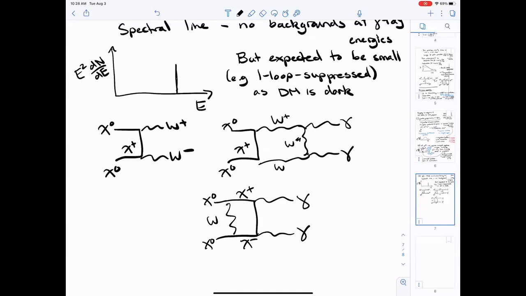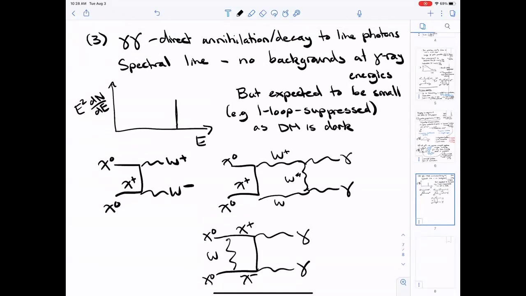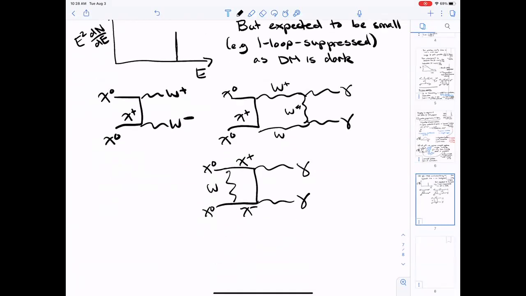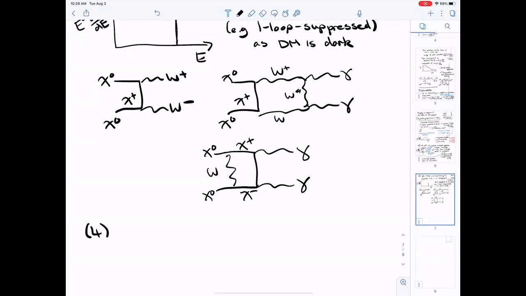There are other models. If the dark matter is millicharged, then it'll have direct annihilations into photons. They'll just be suppressed by the small millicharge of the dark matter, which usually needs to be a pretty small number to not be ruled out. But you just need to talk to something charged at some point. There was a claimed signal back in 2012 of a gamma ray line from the center of the galaxy, which had quite a big cross section. For that, you basically needed new charged particles in the spectrum of the theory that were just slightly heavier than the dark matter, so that you could do this kind of thing. Okay, so number 4 is the dream signal.